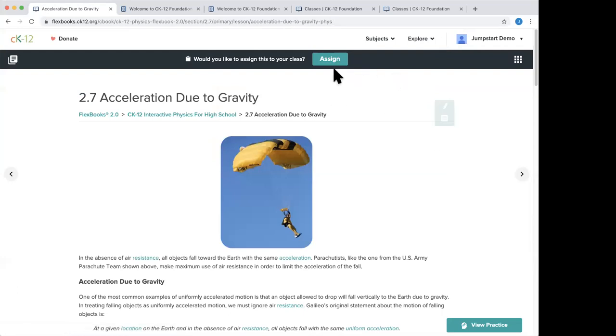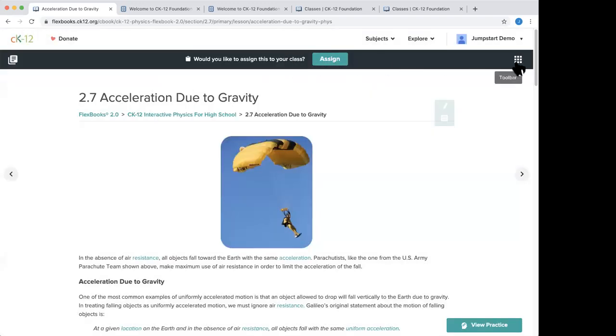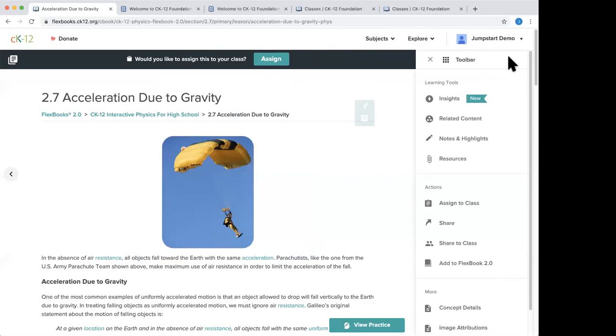And I'm back on the lesson page. Just a couple other things too. You're going to see a button across the screen like this. Would you like to assign this to your class? So we'll be talking about this a little bit later in the webinar, but when I press this button, this is what easily takes you to a CK12 class or easily gets you to Google Classroom. So you have the ability to assign right from the top bar here, or if I go to my toolbar, I can also assign this lesson with the attached practice from this toolbar as well. Okay,